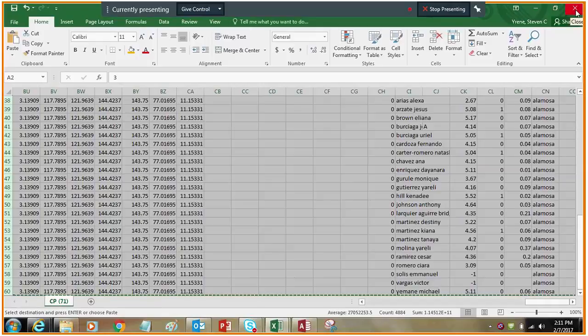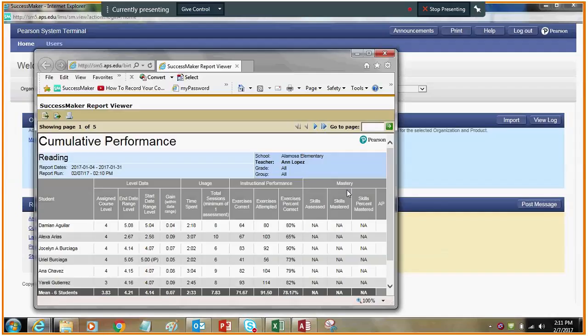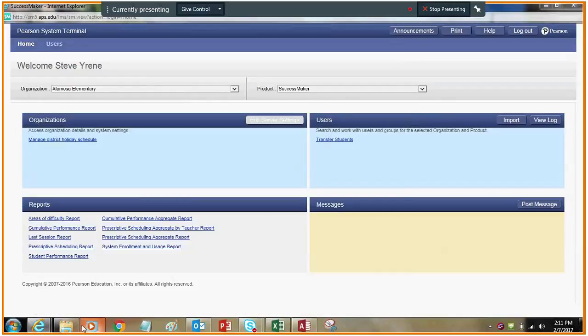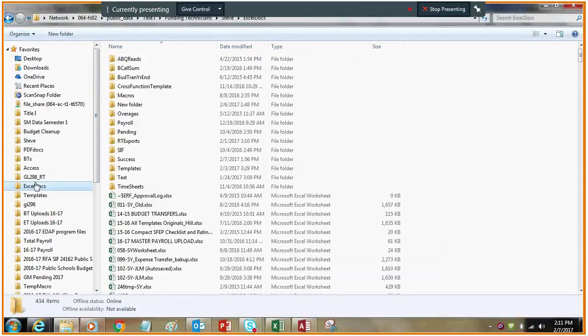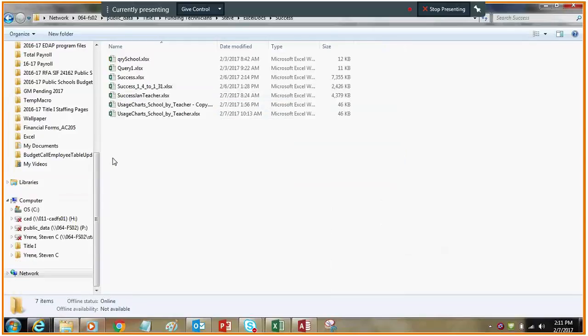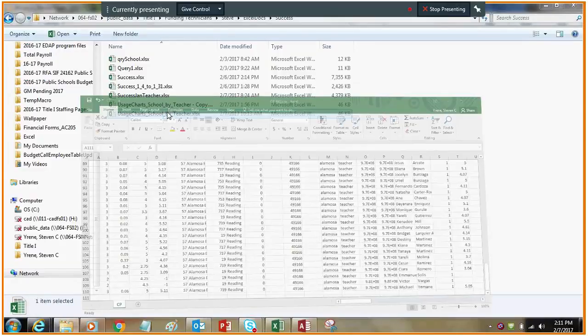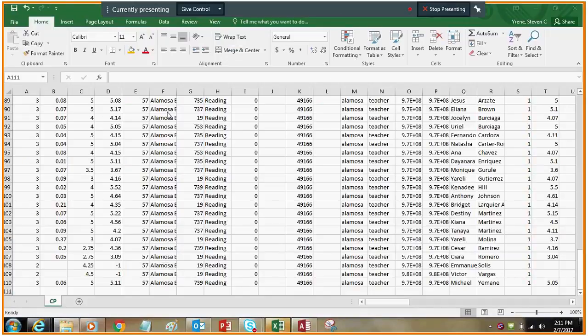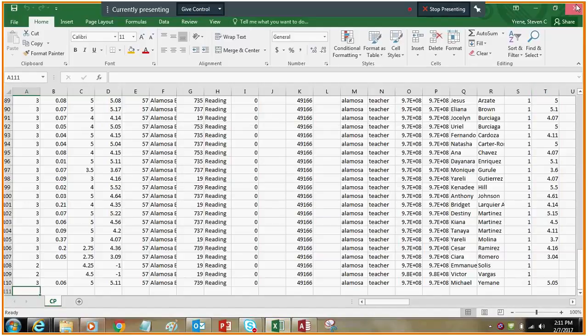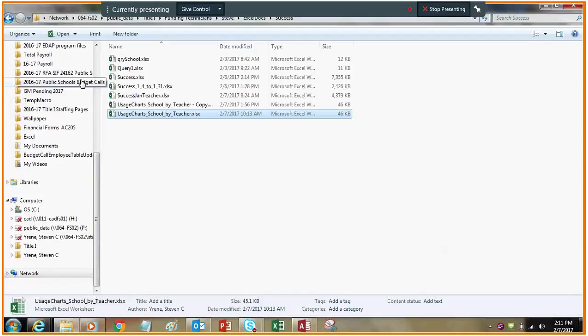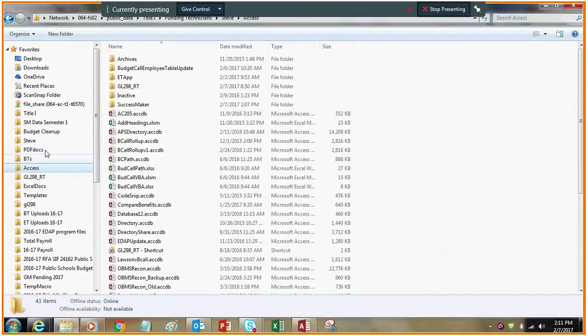And do a file save as. And the file name that we're going to overwrite is in Excel Docs. It's in Success. And right now we've got usage charts going. Oh, you know what? I skipped a step. Forget that. Okay. Cancel. What we have to do next is go back to the Access,